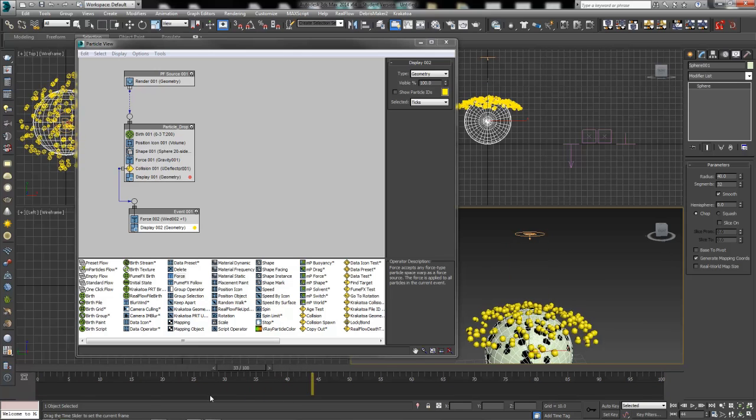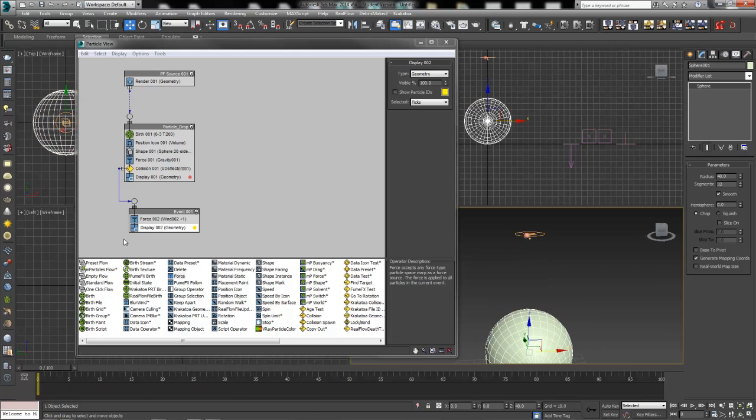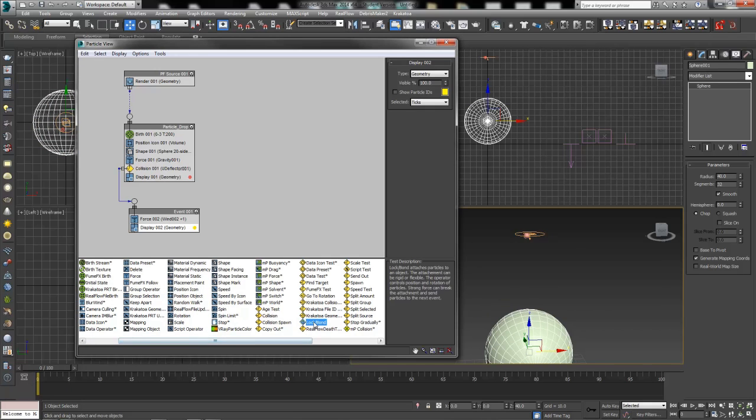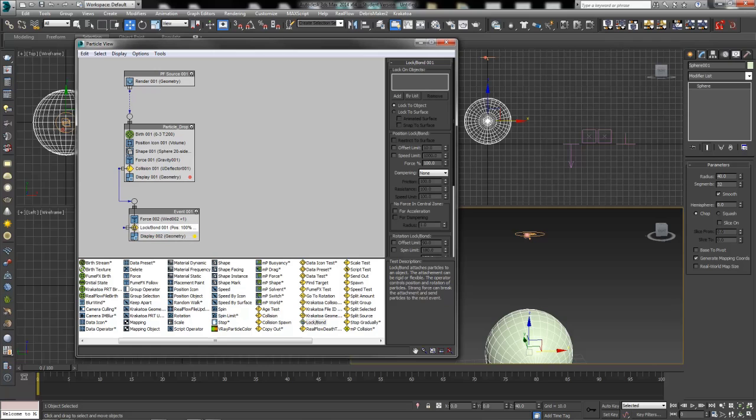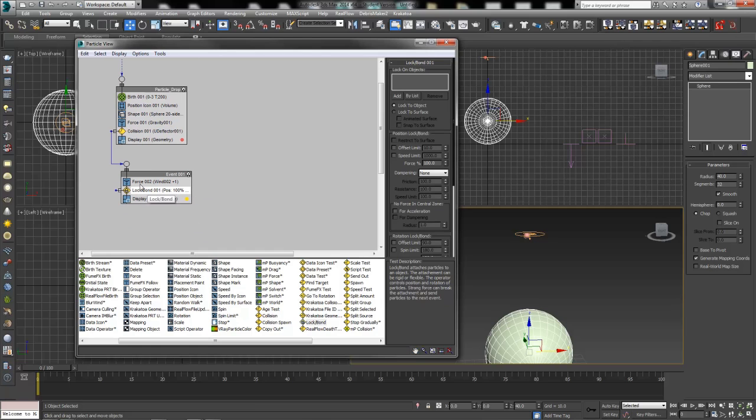We want them to stick to the surface of our sphere as wax drops should. To do that, we're going to use another test, and this one's called the lock bond operator. Let's go ahead and add it up under our force. This one is a test. It does come with a blue node, but we're not going to use this one. We're going to just keep things moving south, and then we'll make some tails and some trails of wax left behind by the main drips, and then we'll use that to move into our next event. This one we can rename and call it Sticky Drops 1 or something. The lock bond we're going to do, we have a list here that we need to add by list.